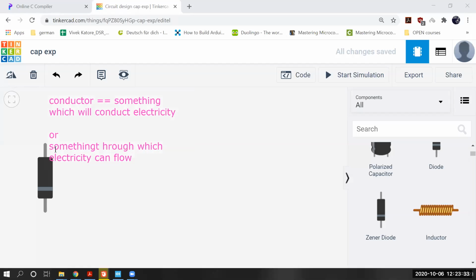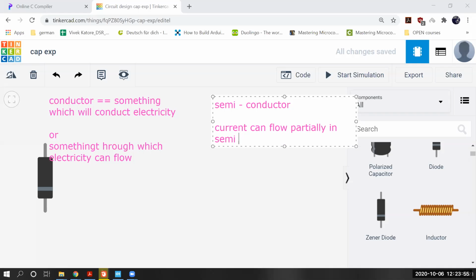So, if conductor means that electricity can flow through it, what will be the meaning of semiconductor? Now you can guess it. That means current can flow partially in a semiconductor.